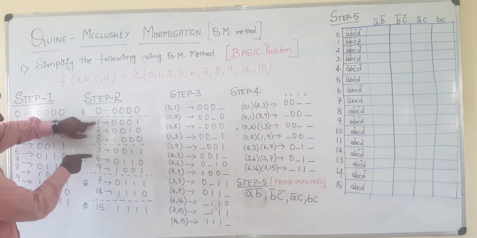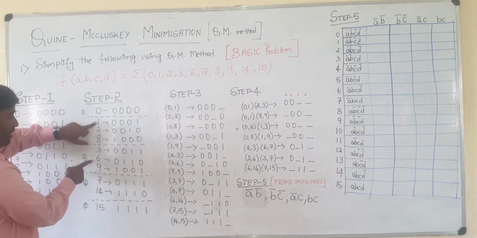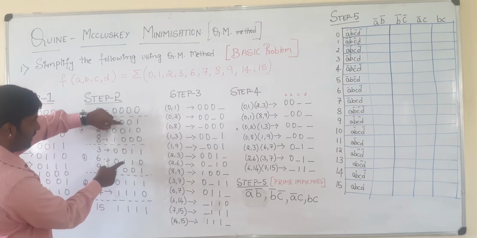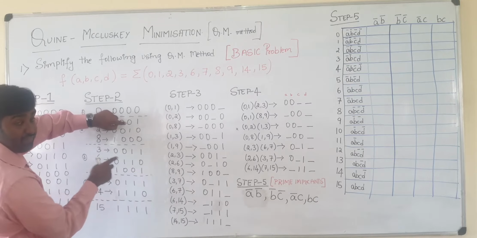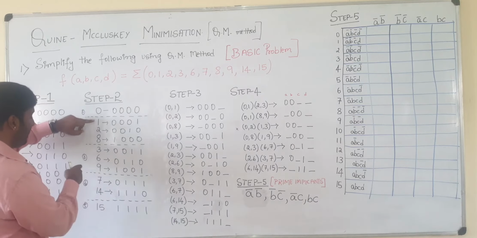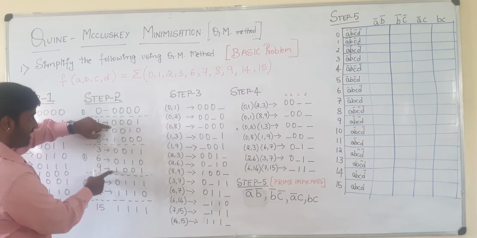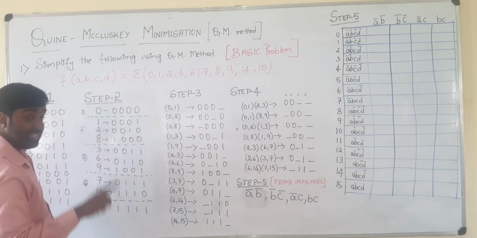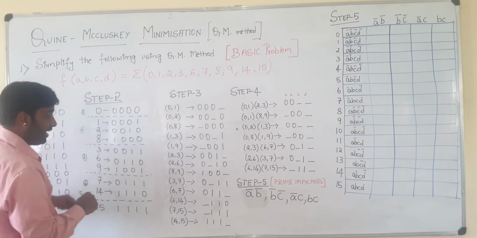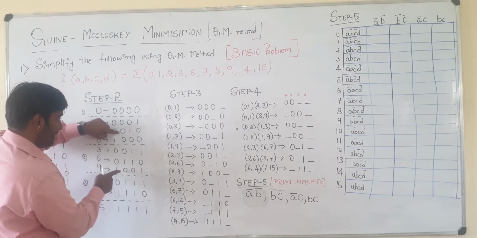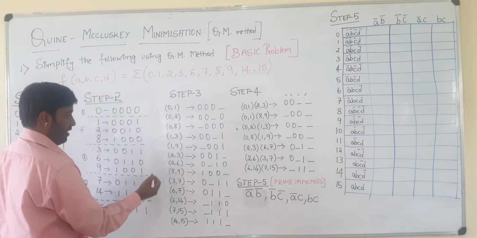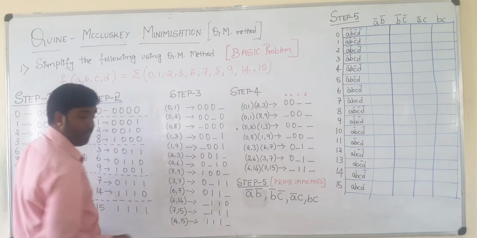Next again, 1 is compared with 6. Okay. Is there any changes? See here. 0, 0 is same. 0, 1 is different. So 1 bit change. 0, 1 is different. 2 bit change. I cannot consider. Next 1 with 9. 0, 1 is different. 0, 0, 0, 0, 1, 1. So there is one single bit change which I can consider it as dash 0, dash 0, 0, 1. Okay. Which will be dash 0, 0, 1.